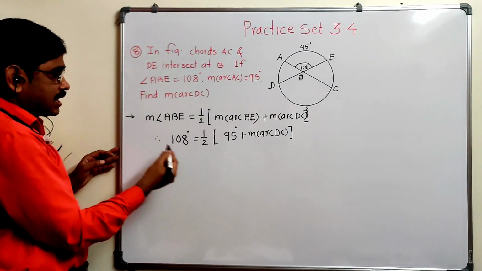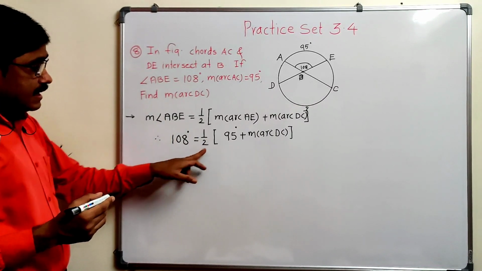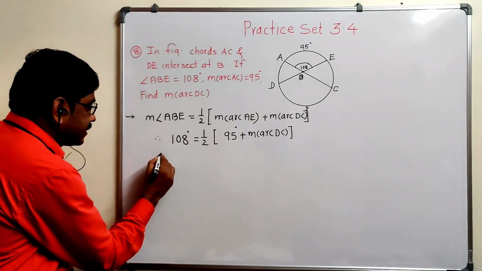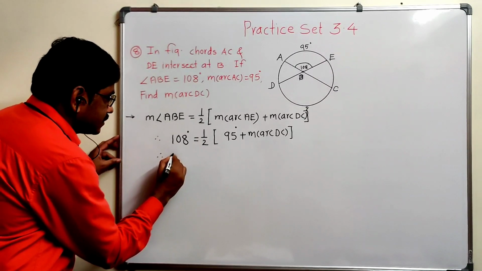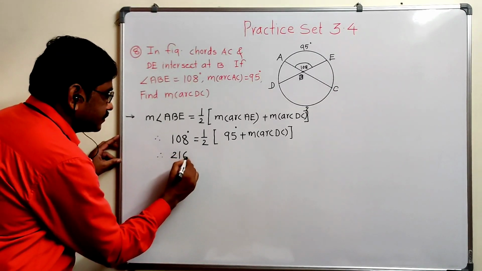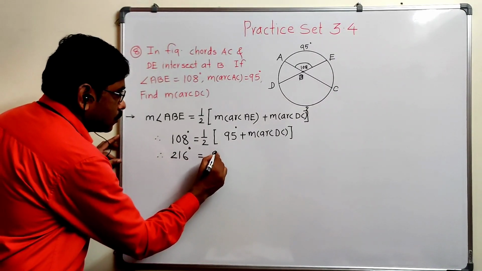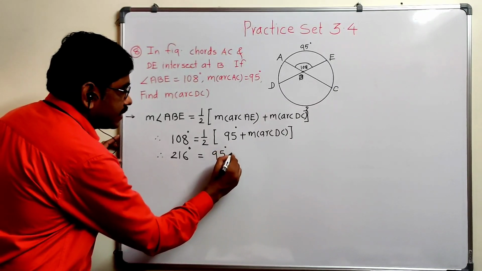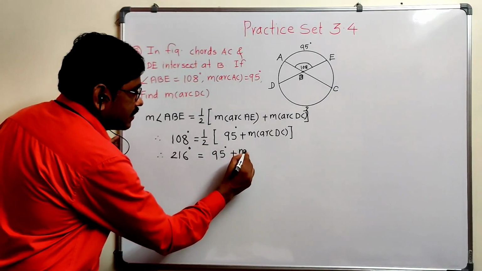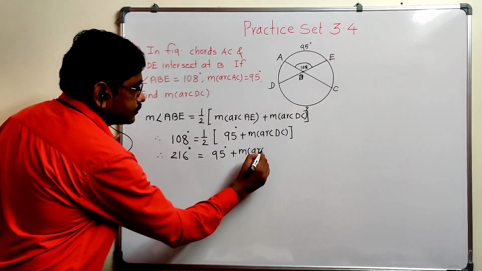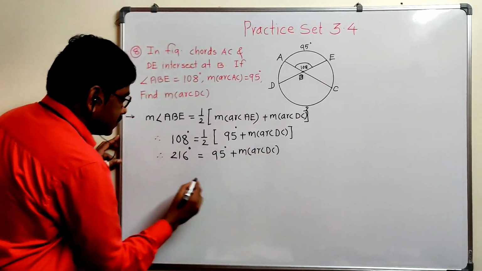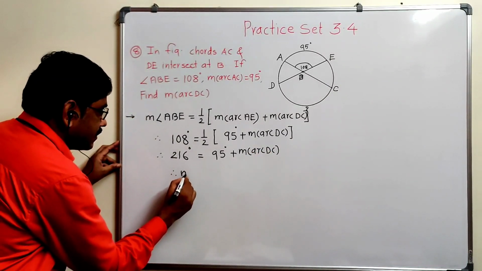Now multiplied by 2, so this 108 multiplied by 2, we get 216 degree is equal to this 95 degree plus major arc DC. So we get major arc DC